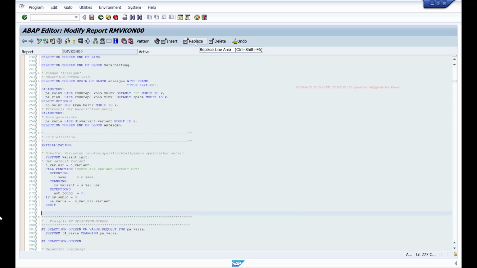This modification assistant is a tool that is by default available within the Workbench tools. If you open the ABAP editor, you'll find it here. Even if you open a function module in the function builder, you'll find it here. For example, if you want to modify a standard SAP function module, then if you go to change mode of the function module after you enter the access key, then automatically you'll find these buttons here.